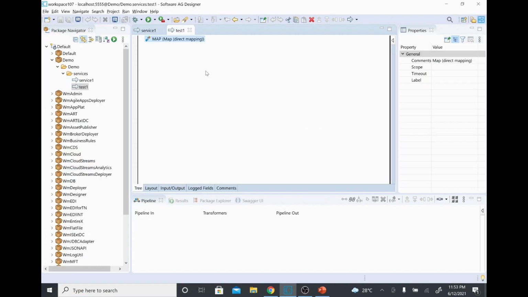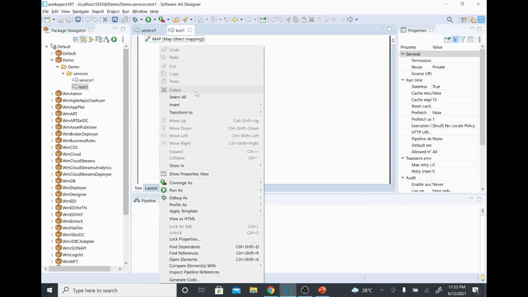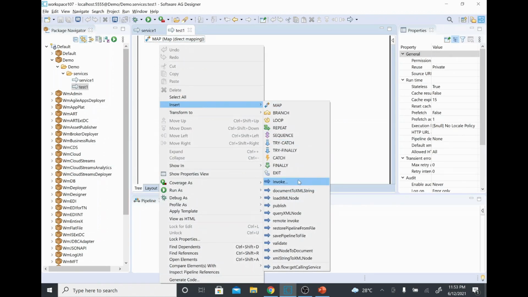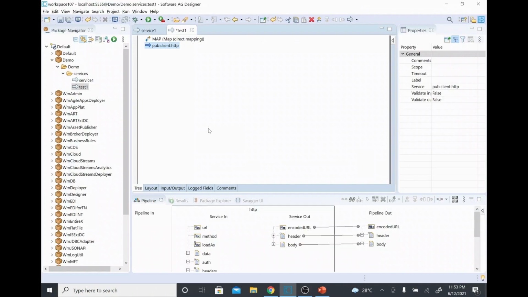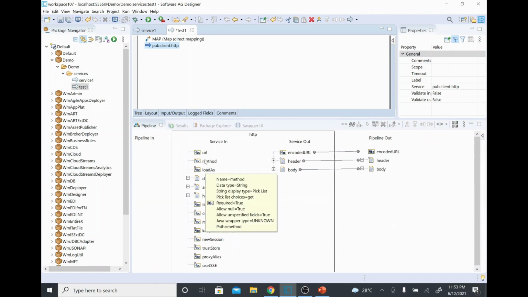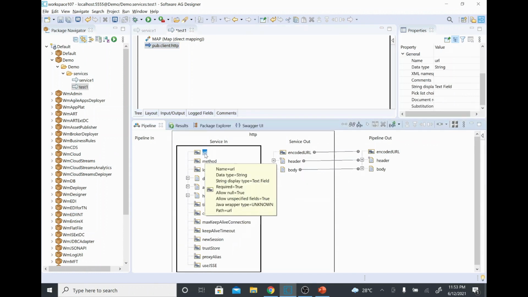So maybe I'll just quickly go and invoke the HTTP service. WmPublic pub.client, it will be there in the client folder, HTTP. In the HTTP service you have a URL and a method. The URL will be changing for every environment, right?